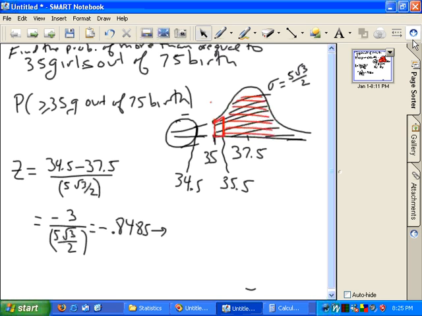And when I look up the z-score, negative 0.84, of course, I'll use 0.849. Excuse me, 0.85, what am I saying? I would use 0.85, because the number after 4 is bigger than 5. So I go to 0.85, and I get